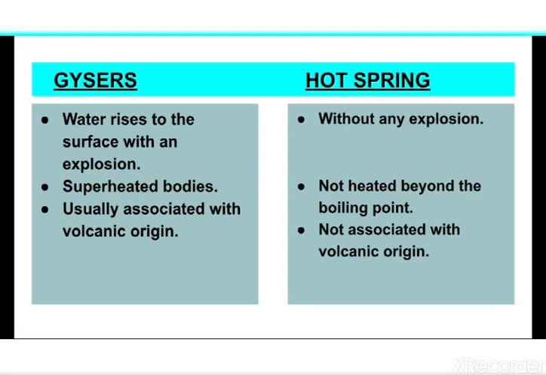Then the second one is a hot spring. So the movement of magma in the interior of the earth heats up the underground water, particularly around the magma chamber. So when the water turns into steam, it oozes up to the surface. The hot spring, also known as thermal spring, contains many dissolved minerals, which is good for health, especially